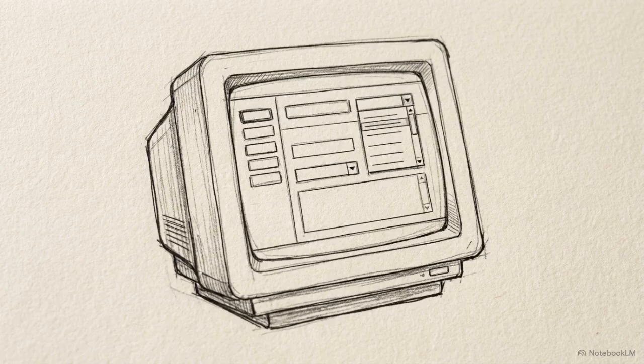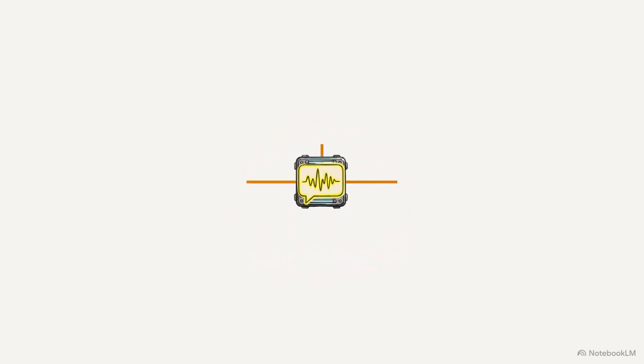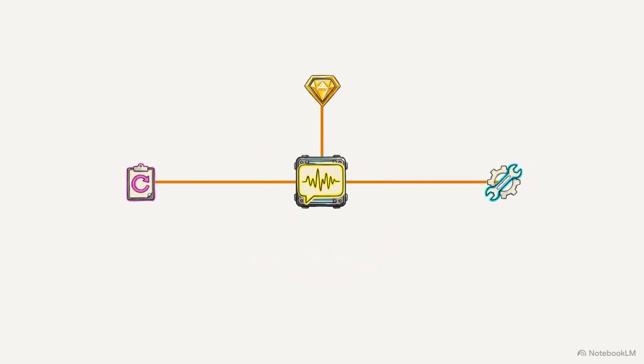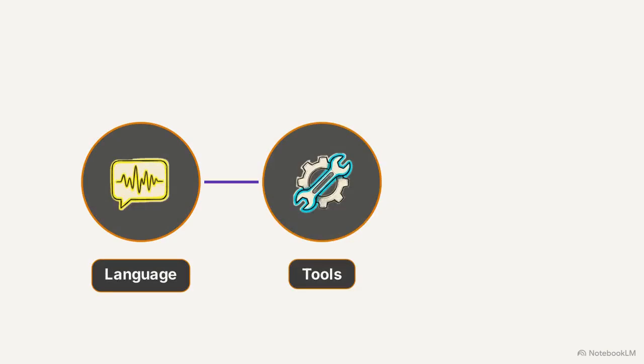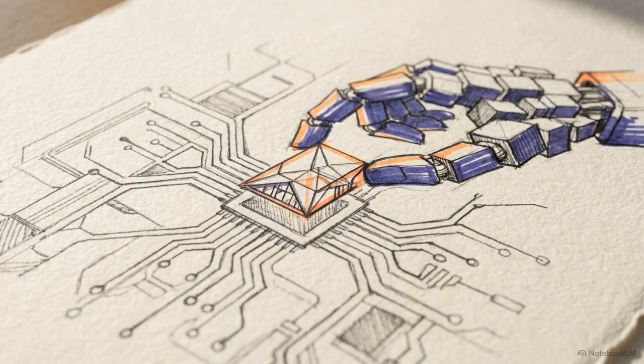Rather than building static interfaces for humans to navigate, engineers are now building environments where the AI can autonomously move data between different tools and APIs. This diagram illustrates the new reality. The language model is no longer the final product. It is merely the intelligence substrate, the decision engine embedded inside a much larger system. When you combine raw language understanding with tool execution, state tracking, and iterative correction, the resulting behavior mimics high human intelligence. It acts with purpose.